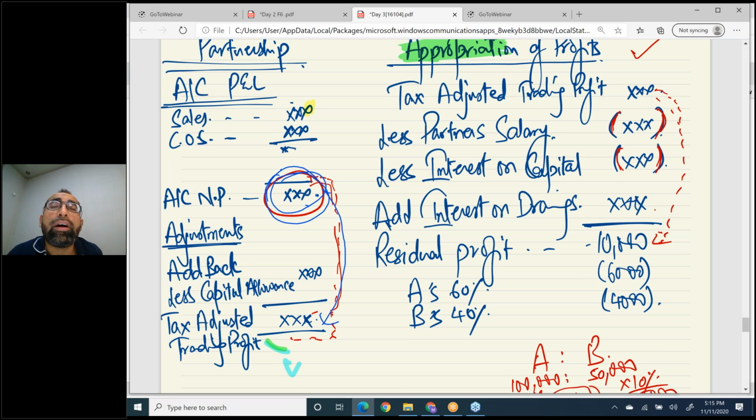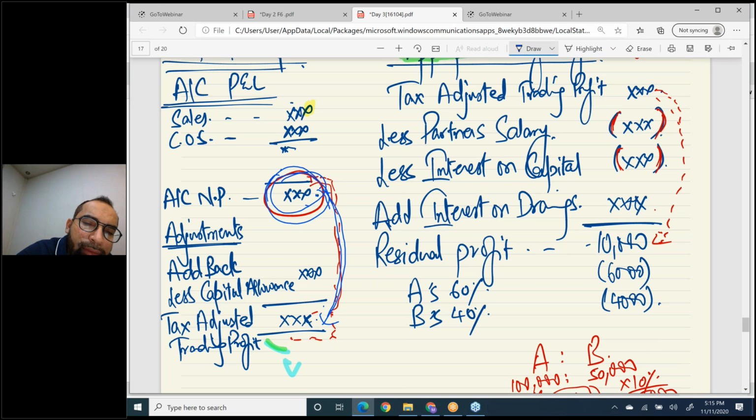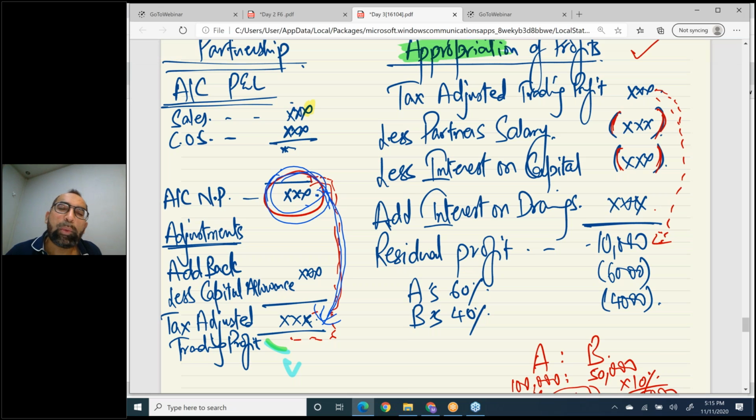I hope you remember, I taught you the journey today. Add back all those expenses which are allowed in accounting but not allowed in tax, less capital allowances. You remember all the adjustments. So the first journey you may have to cover is the journey from accounting net profit to tax adjusted trading profit. Okay. Now